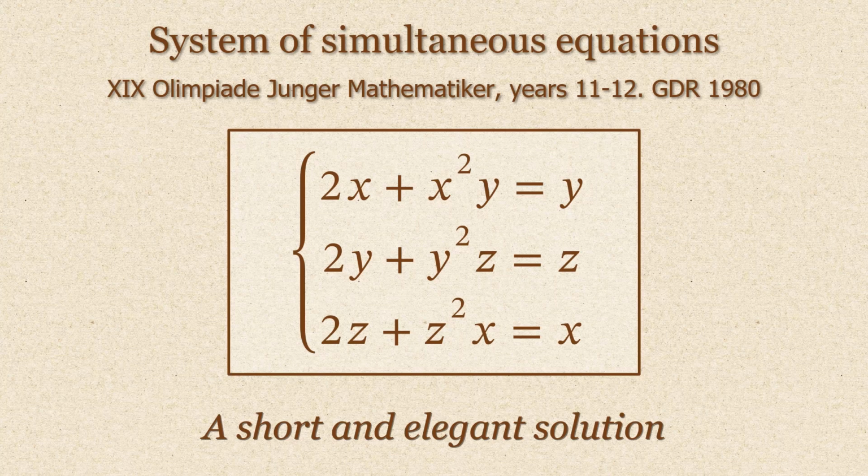For someone who might be unfamiliar with that, GDR stands for German Democratic Republic, Deutsche Demokratische Republik, commonly known as East Germany, where the national mathematical competitions, named Olympiaden junger Mathematiker, translated as Olympiads for Young Mathematicians, took place starting from 1962. As a hint, the task is intended for years 11-12, as the solution uses something the junior year students may be unfamiliar with. Here you can pause the video and try to figure out the solution.